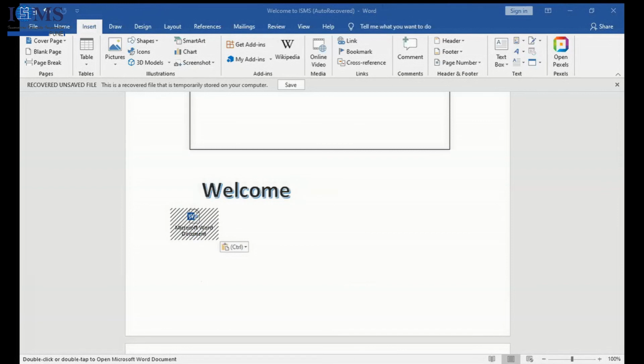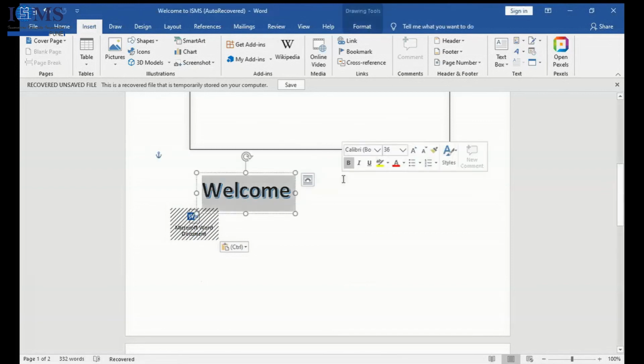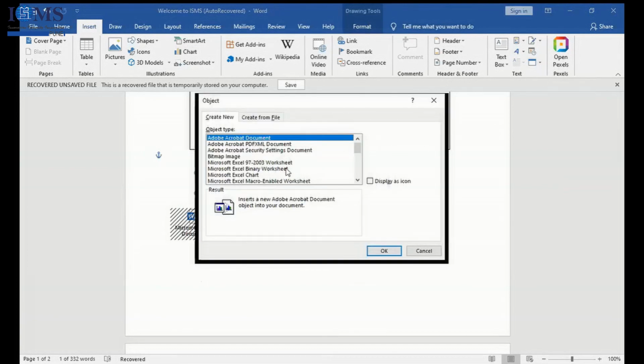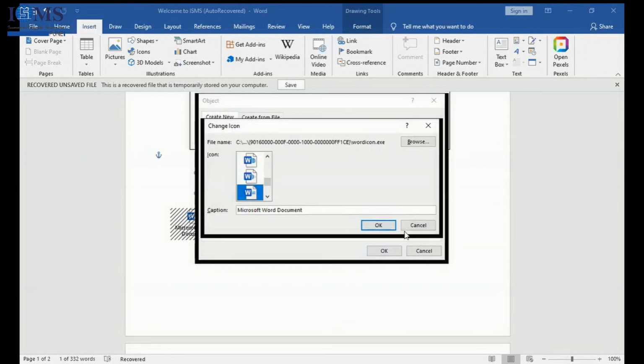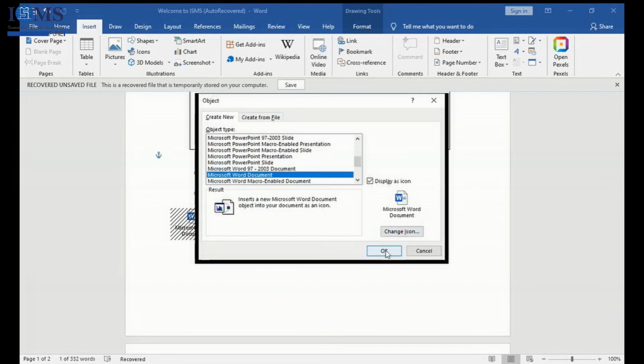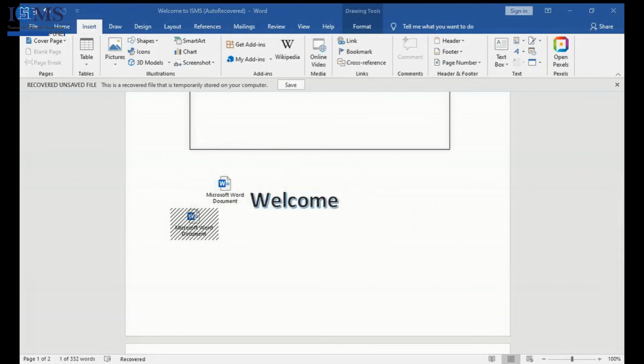What did I do? I went to this welcome, selected this, went to object, and clicked on the object type. For the sake of simplicity, I chose a simple Microsoft Word document. Display as an icon. This way I can change any icon, and then I've created this another one.